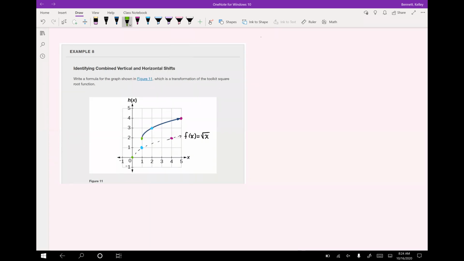So this one was up 1 over 2. So we went up 1 over 2. Let's make sure that's true on blue as well. I went, sorry, up 2 and over 1. So same as green, up 2 over 1. And then let's check on purple really quick, just to see. Up 2 and over 1. So we know that this transformation is